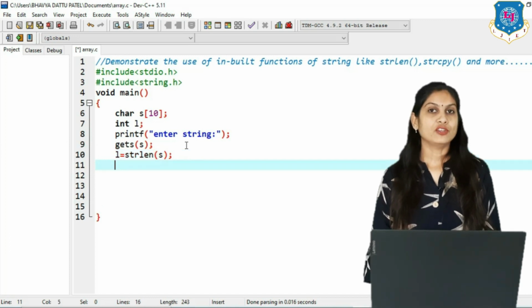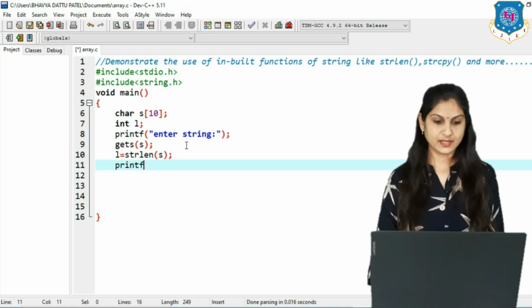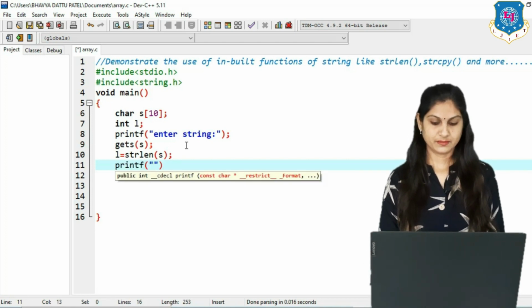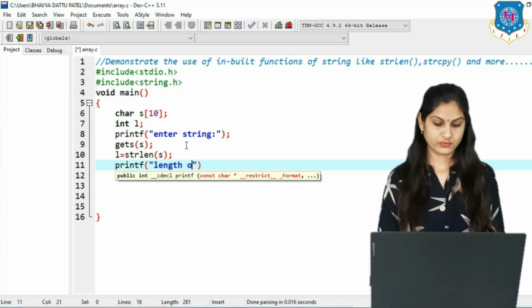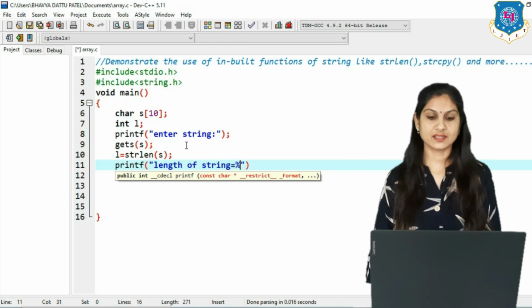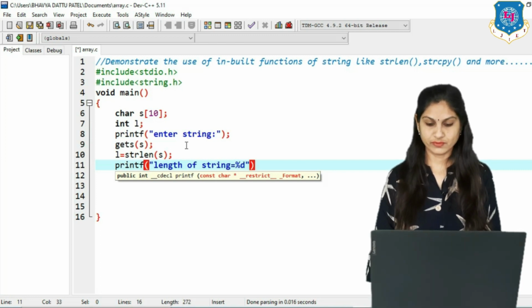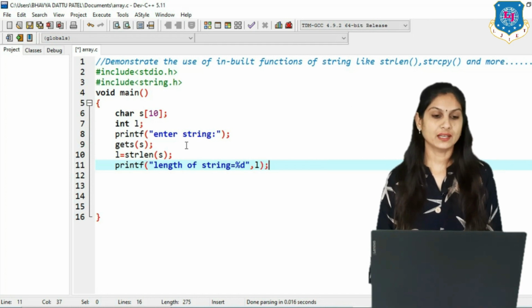Now print this value of l using printf: length of string equal %d, because the length is an integer, and the value of l. Clear? So this is about finding the length.